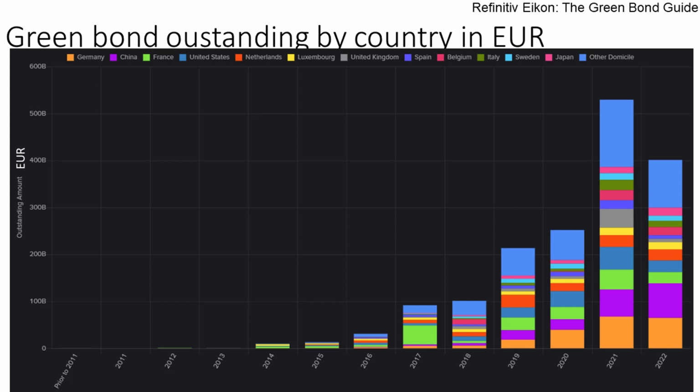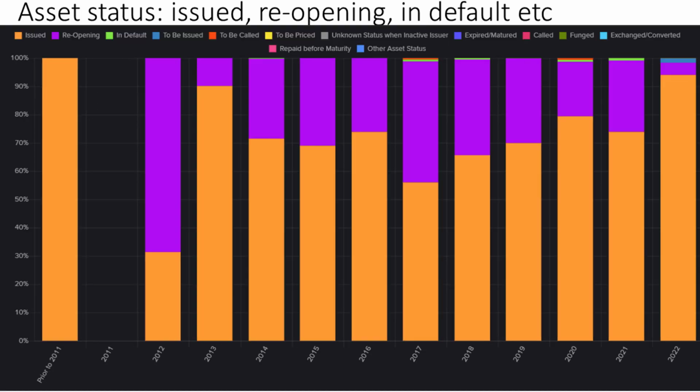And also we can see that COVID was not stopping the emission. Sorry, this is outstanding debt. So this is not the issuance, this is all the debt together. And what we can see here is that in this year the growth stopped. So actually it started to turn down. Maybe previous bonds started to expire, so that can also be a reason, but still we cannot find the previous growth in the market.